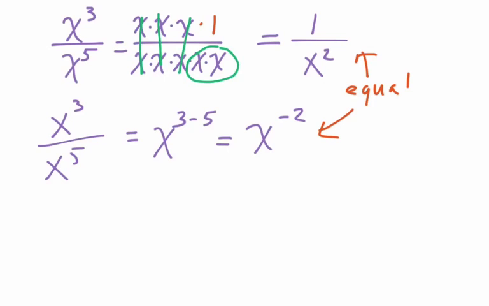So we have to kind of go into another mode there and approach it from a different angle. So x to the negative 2, if you're wondering, well, what does that mean? That means 1 over x squared. So just so you can see that that's not an anomaly, suppose we have x squared over x to the